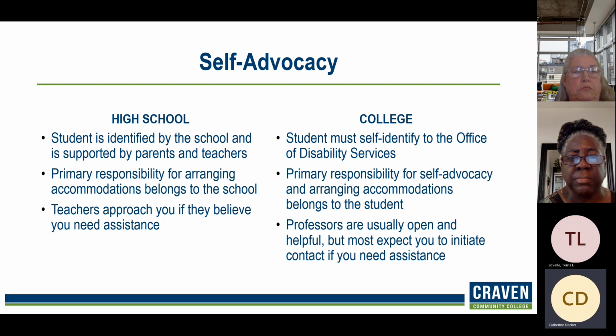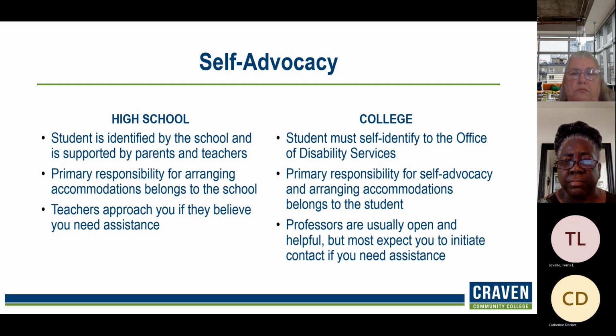When students transition over from high school to college, self-advocacy is one of the major components of this. They do need to self-identify to the Office of Disability Services. That is completing that student request for accommodation form that I showed in the previous slide that we have in PDF format or electronic format.